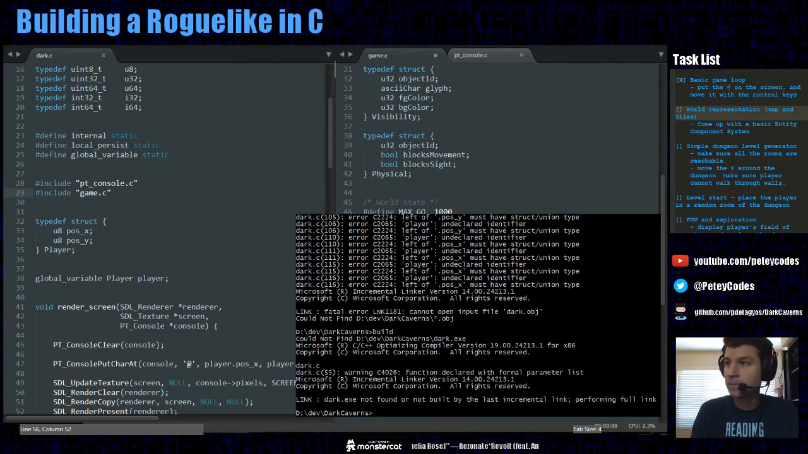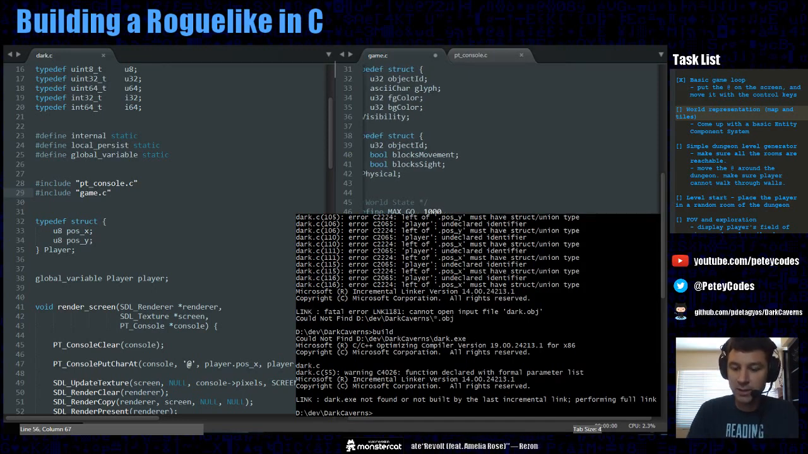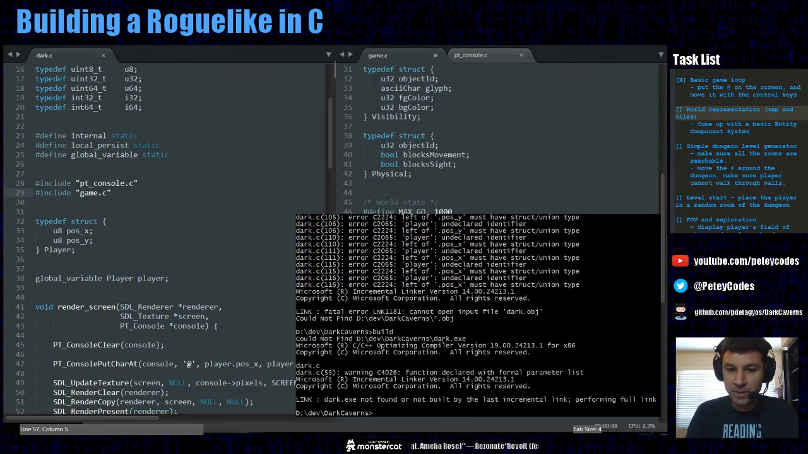So we're going to pass in our game component here, the game component type that we want to add, and then we are also going to pass in the actual component itself. So